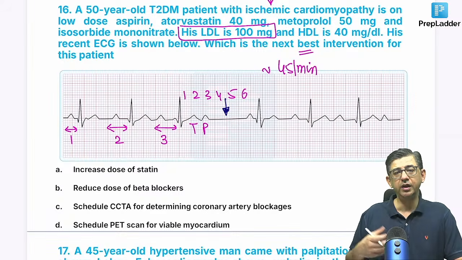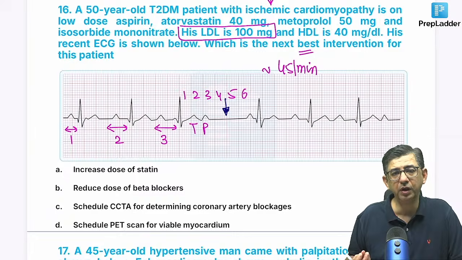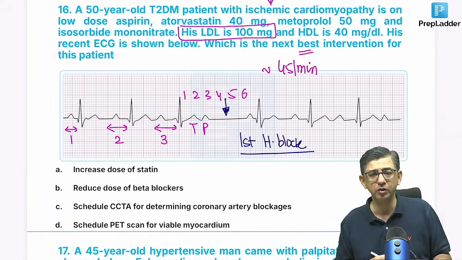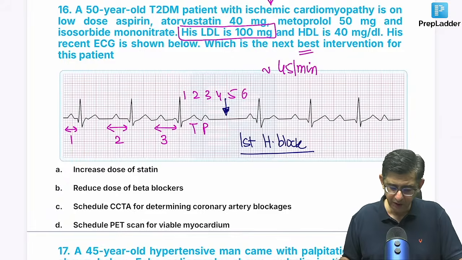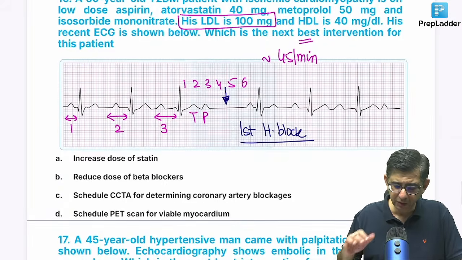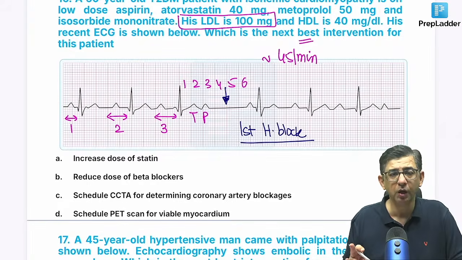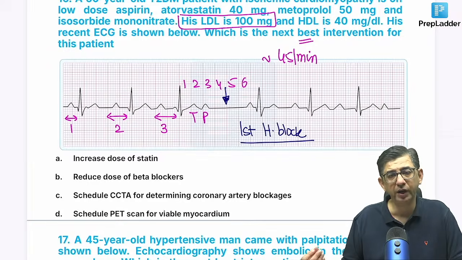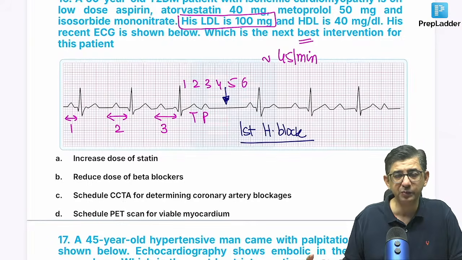So considering कि there is a prolongation of the PR interval and then there's a drop beat present, the patient is having a first degree heart block. And this first degree heart block is something which is a little disconcerting because उसको मुझे handle करना है. So what I'll do is, considering कि अगर इस question में ECG नहीं दी होती तो मैं सबसे पहले क्या करता इस पेशेंट के लिए, that I would have scheduled a CCTA so that I can analyze this patient's coronary